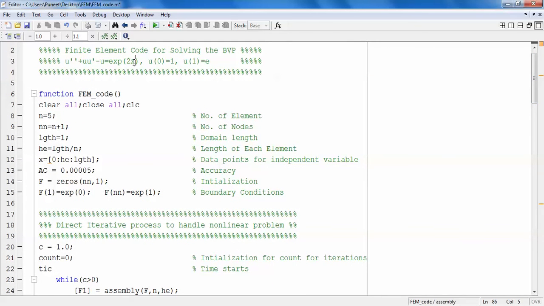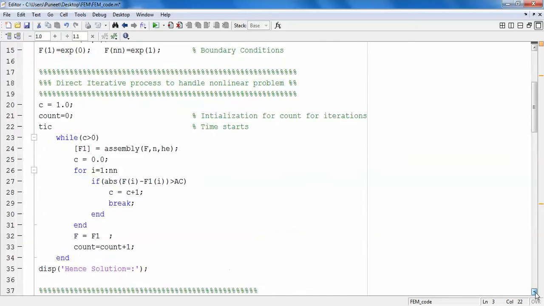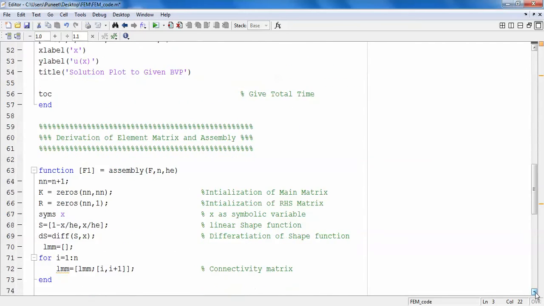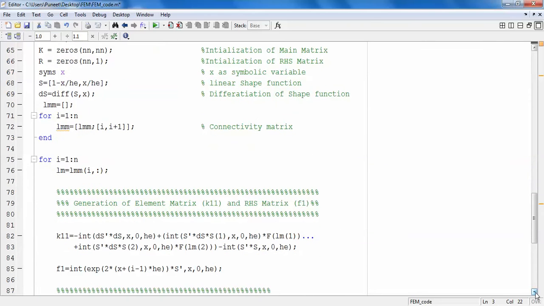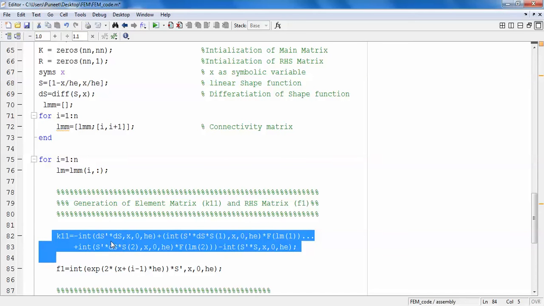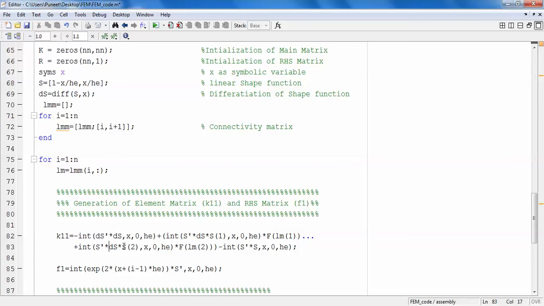This x is replaced by xc plus I minus 1 times he, because in each step I want the value of x, which can be taken easily by this, because if starting x is 0, for a particular I equal to 1, it will give you 0. Then for x fixed, if I changes, it keeps adding 1 by 1 to reach the end point. So this is basically the generation of only a single element. This is based on the problem. Once you integrate it, you get this type of function and you can easily write it.